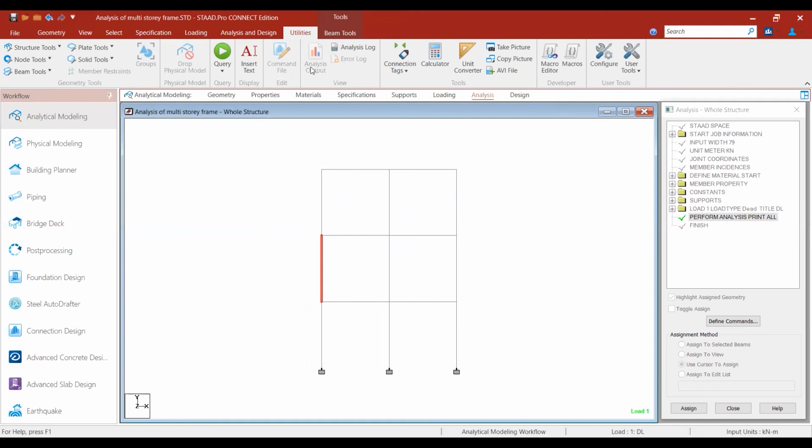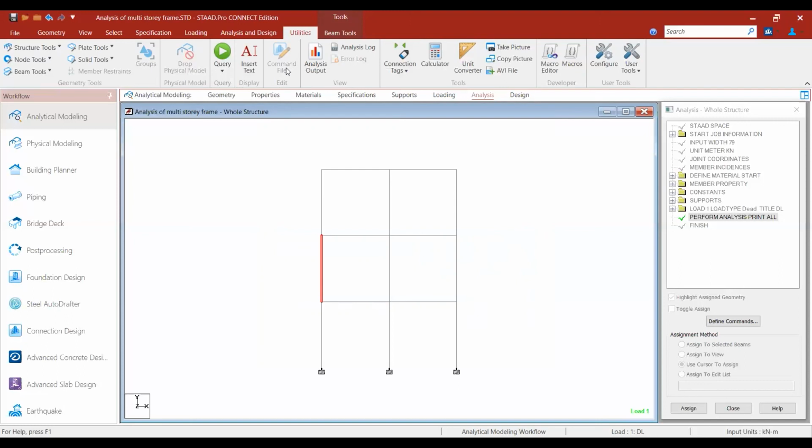The output shows the external and internal joint summary, the loads that are coming. Here in the utilities, one more is there, that is the command file. Whatever commands you are giving will be in the command file.